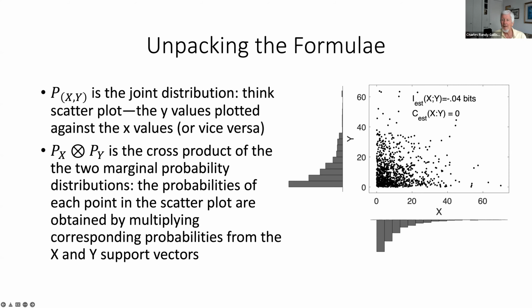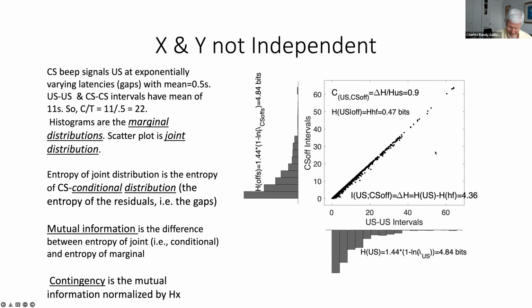Okay. So now, to try to make what I'm saying clearer, which I imagine was fairly confusing, I'm using the scatterhist command in MATLAB to show both a joint distribution, which is just a scatter plot that we're all familiar with, and the so-called marginal distributions, which you just get by taking